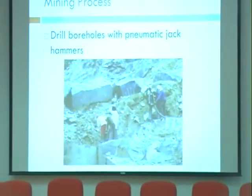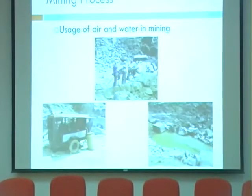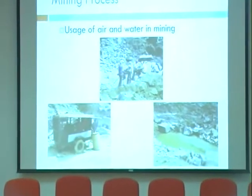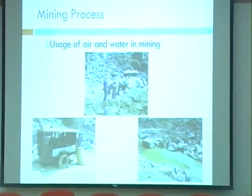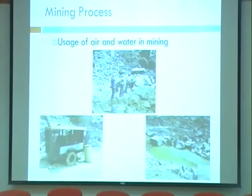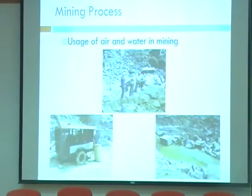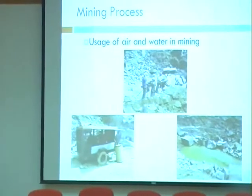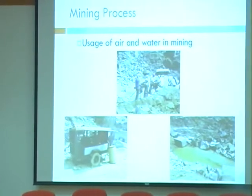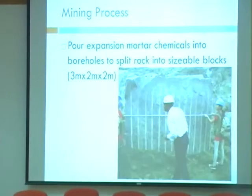To drill holes in the parent rock, they use a pneumatic drill, and to reduce the amount of dust forming, they spray water on the drill bit every time. So you can see the air compressor, the workers using the pneumatic drills, and the water reservoir they collect water from. And moving on to